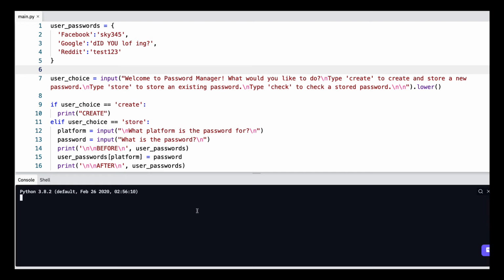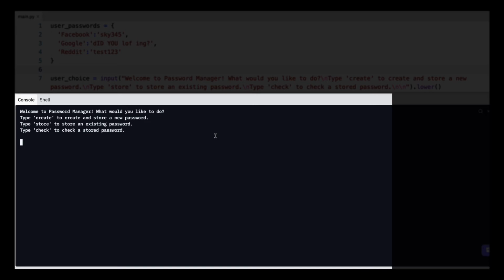Now I'm going to check the store feature of our program. If you look in lines 1 through 5, we currently only have 3 passwords in our user passwords. Let's see what happens when I hit run. It's going to ask me what I want to do. I'm testing out store, so I'll simply type store. It'll ask me what platform the password is for, and I'll add one that's not there, so I'll say Twitter. Then it asks me what is the password, and I'll say